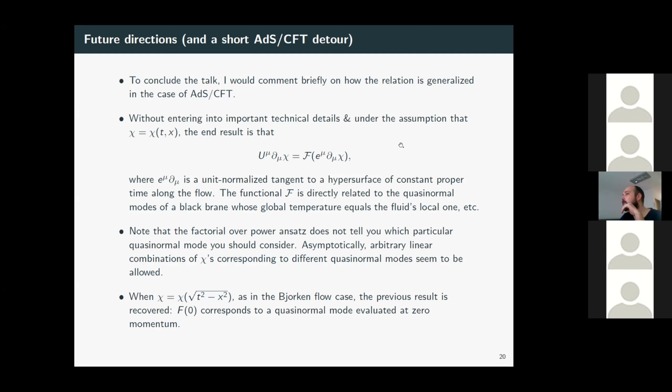Oh, excuse me. So I have again the question about the epsilon. Okay, so in that case, what is the definition of a non-hydro mode? A non-hydro mode is a mode.